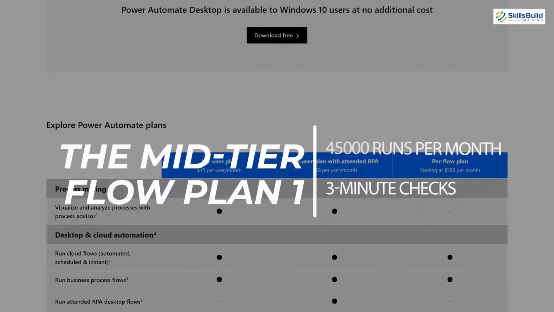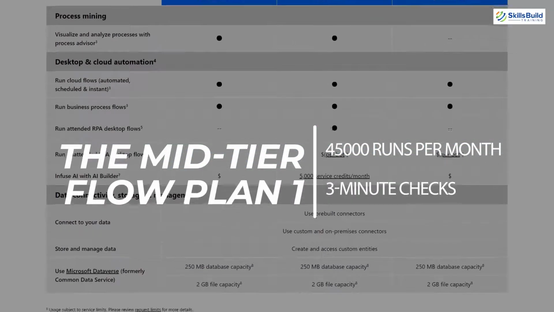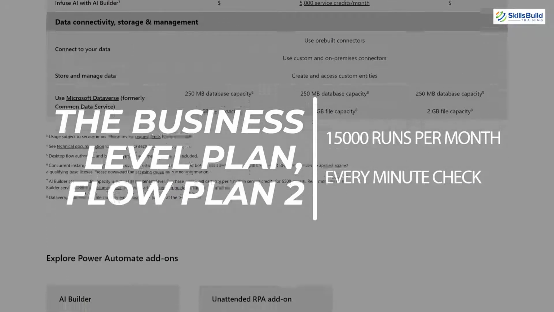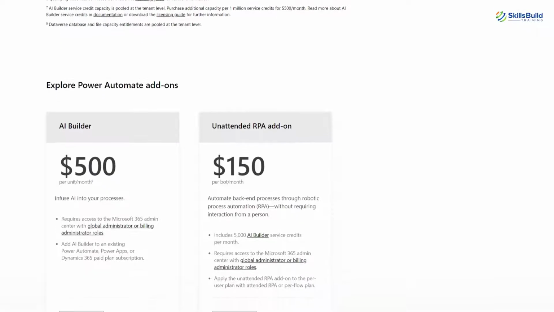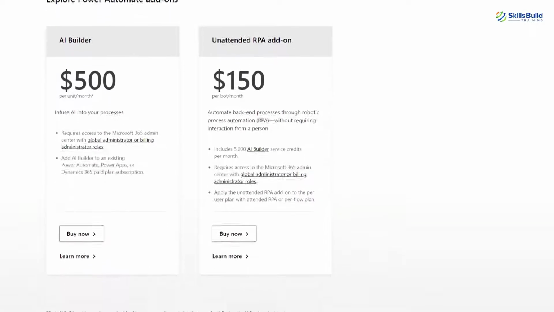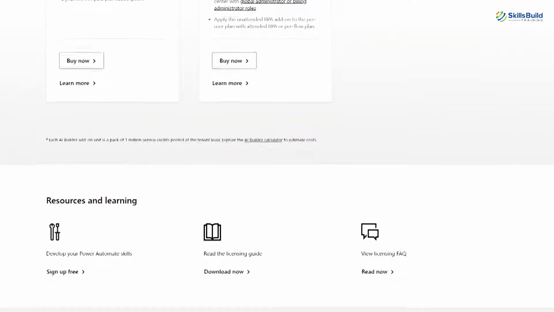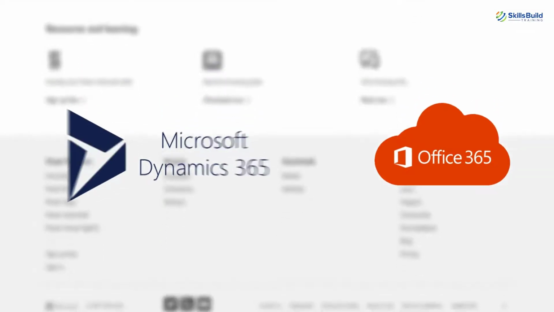The mid-tier Flow Plan 1 supports 45,000 runs per month and 3-minute checks. The business-level plan Flow Plan 2 supports up to 15,000 runs per month and checks every minute, along with premium-level connectors, policy settings, and business process flows. Certain versions of Dynamics 365 and Office 365 also include Flow.